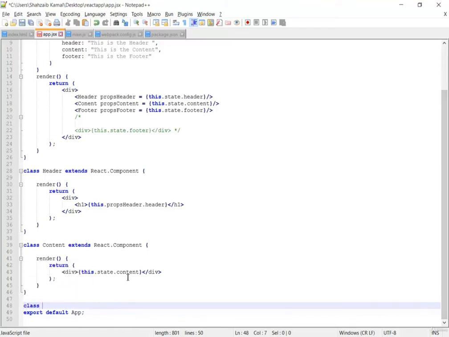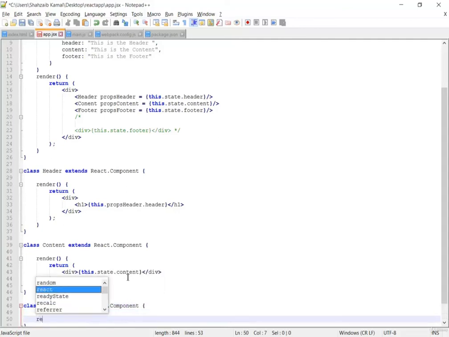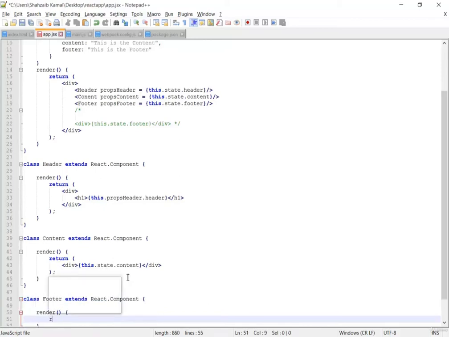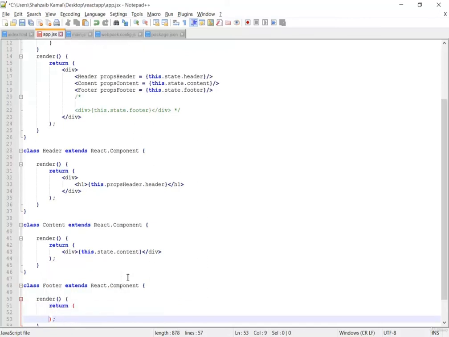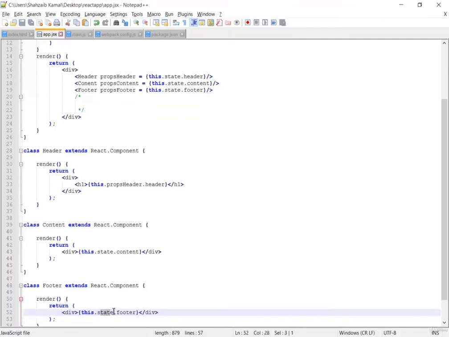Next class is footer extends React.component. Okay, going inside again and runner again, curly parentheses and curly braces, going inside it and return, parentheses and cover this up and going inside it, and here the div. Now I'm just gonna cut the last one and paste this here, and here I'm just putting something like props